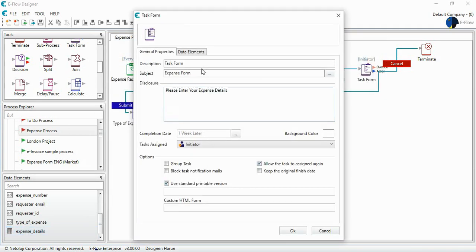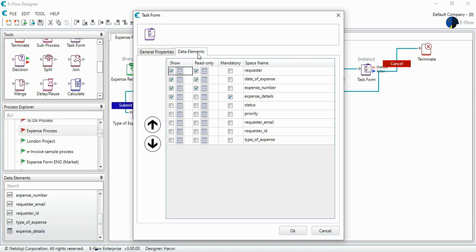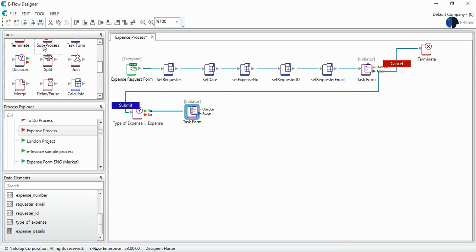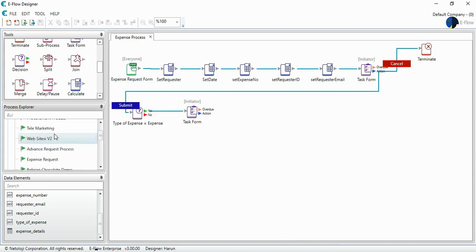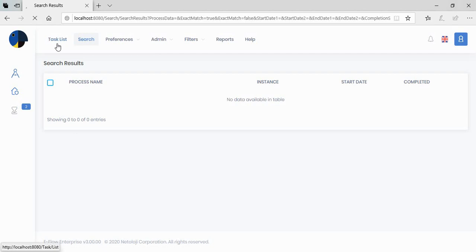Let's check again. What is the initiator going to see at the task form, the requester, the date of expense and expense number in read-only format, and he or she will fulfill the expense details, the table. All right, let's save this process, and let's activate it, and let's check it at eFlow,